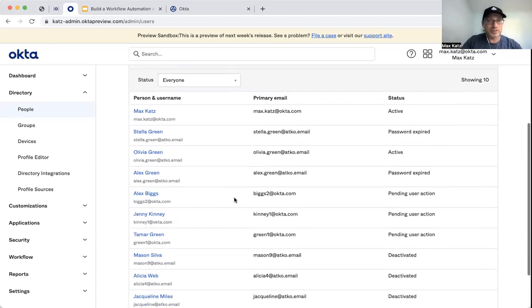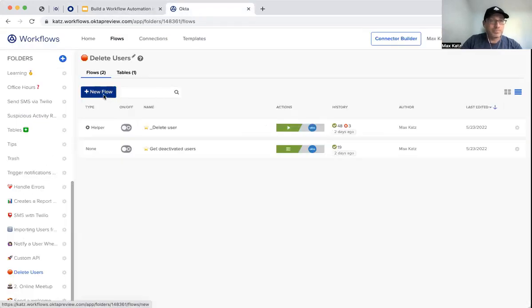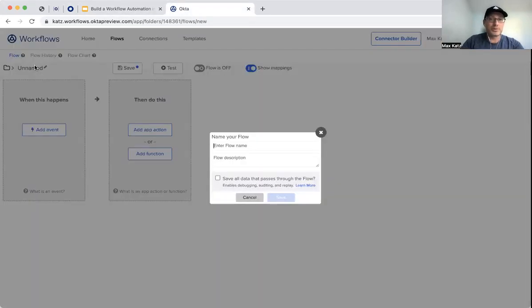So these are my users. I've got 10 users, and 3 of them are deactivated. You can see Mason, Alicia, and Jacqueline. We're going to delete these 3 users, since they're deactivated. Okay, so let's call this delete user,